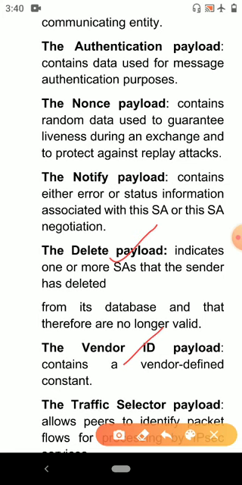The vendor ID payload contains a vendor defined constant. The constant is used by vendors to identify and recognize remote instances of their implementations. This mechanism allows a vendor to experiment with new features while maintaining backward compatibility.